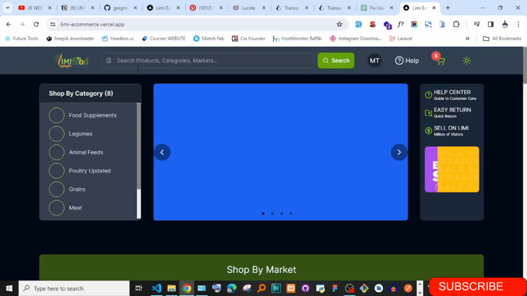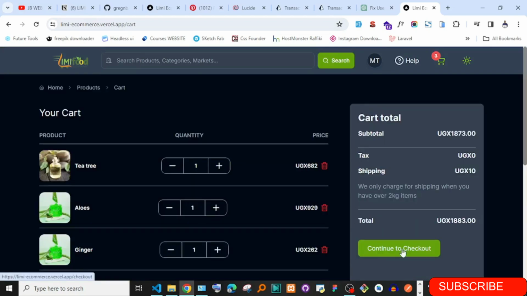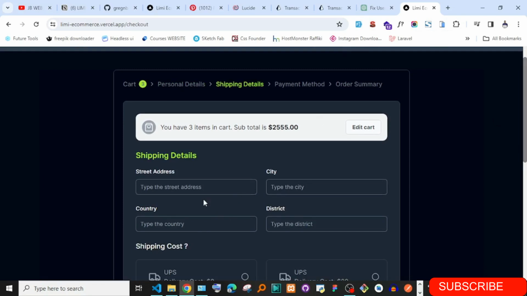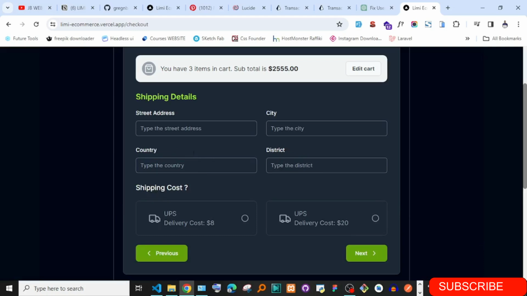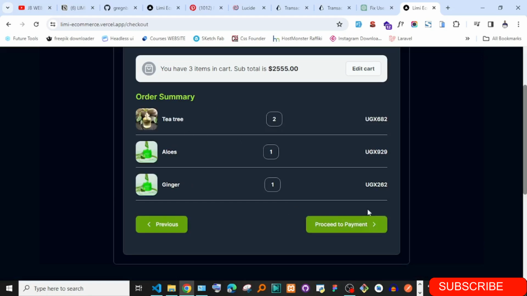So the hosted version of this site, we are having a challenge, and I want to show you what the challenge might be. When you go to the cart and you try to make a checkout, we have 3 items here. We can increase this one to be 2. Continue to the checkout. Let's say you fill in some details here. Next, and I want you to look at the email, this email here. Let me just call it remember at this email, so that I will show you why we need to remember this. If you just click next, then go ahead and feed in some data, and then you have all the products and the quantities and everything. So proceed,